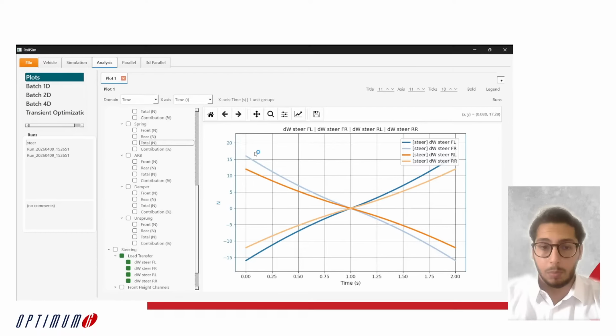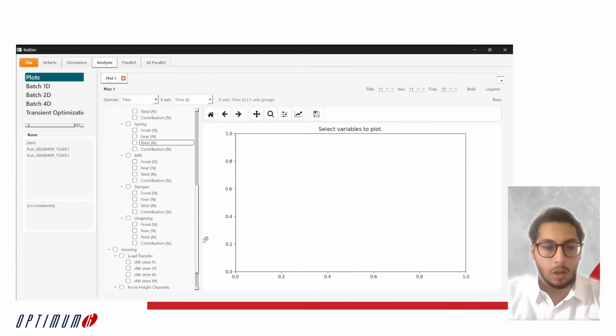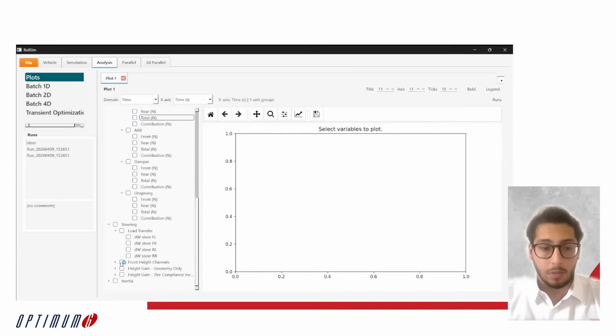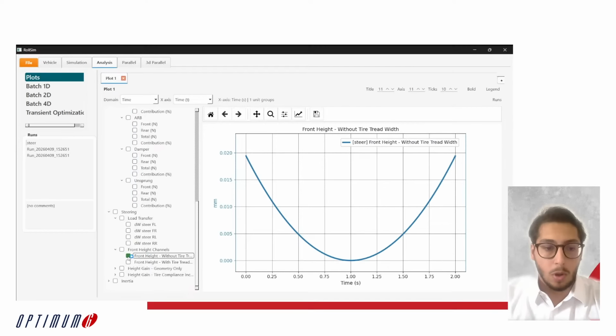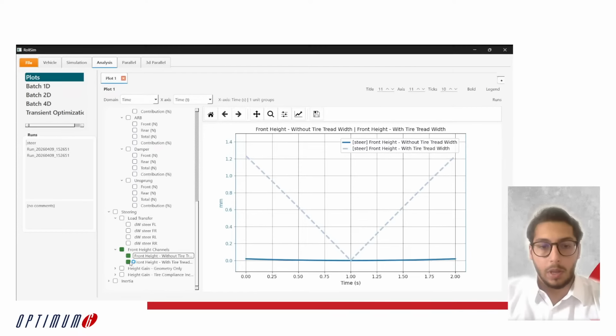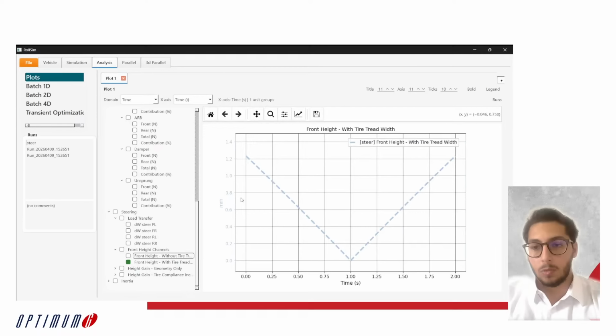And that's very important, because when you're making a turn, you will also have this change in your loads, and you need to know by how much, to quantify the difference or something close to it. Something that's very nice to see is the ride height of the car. Without the tire treads, we can see that the car really doesn't change so much. But when we have a tire with some width,